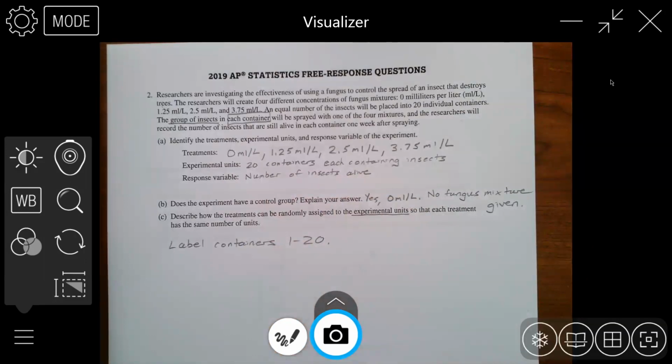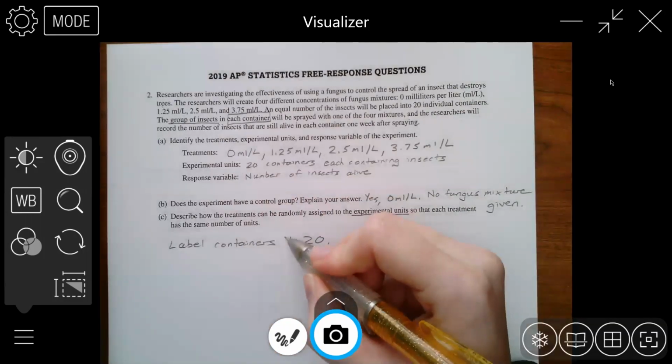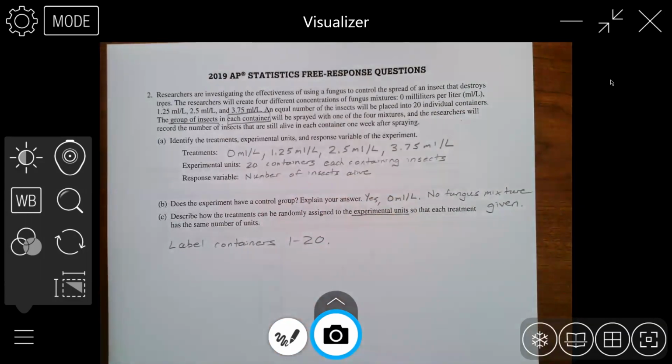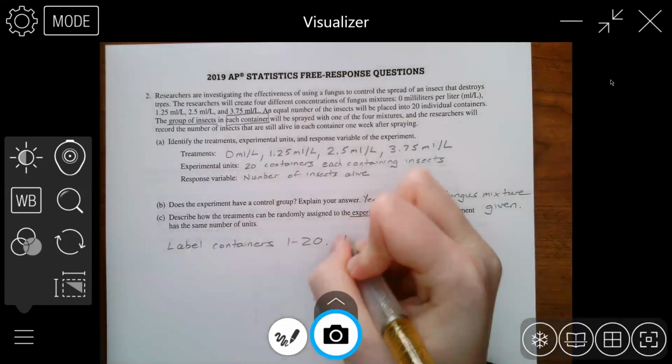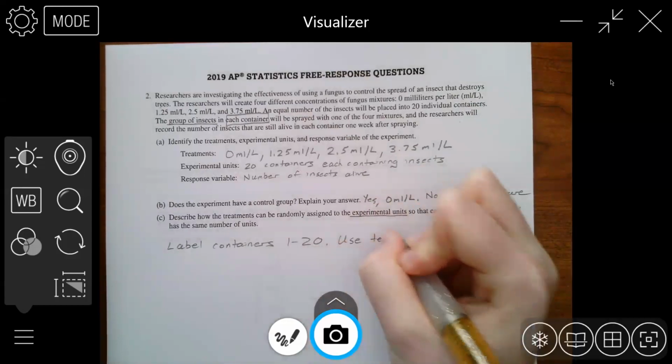Now you have to figure out if you're mixing them up in the clothes dryer, if you're doing paper slips in a hat of equal size, if you're doing technology, okay? Oh, yeah, and it looks like someone typed the 0, 1. So yeah, you can do 0, 1 as well, but remember that's only if you're doing the random digits table, okay? And I don't recommend anybody do that. I really don't, because it's long, it's tedious, there's a lot of loopholes. I just don't recommend it. So I would say technology is the best. I think a lot of you like that way. So I'll just go with that one, okay? So use technology